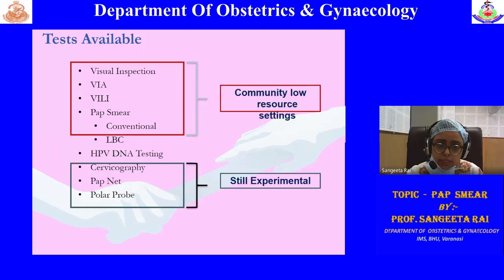Next is visual inspection with acetic acid. We all know that acetic acid causes coagulation of proteins. So those cells which are highly proliferating, because of the high DNA content, undergo denaturation and coagulation of protein, which causes thickening and a dense acetowhite appearance of that zone. This is a very good sign that there may be some lesion. A highly proliferating area is there, and you can take the biopsy. That is visual inspection with acetic acid.